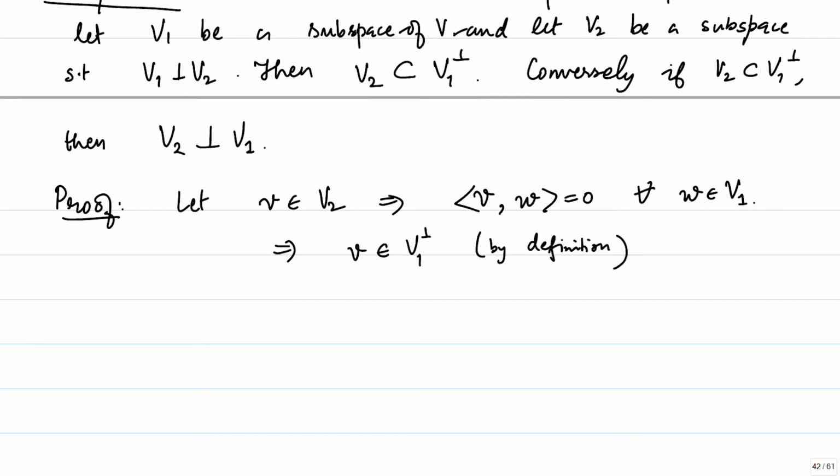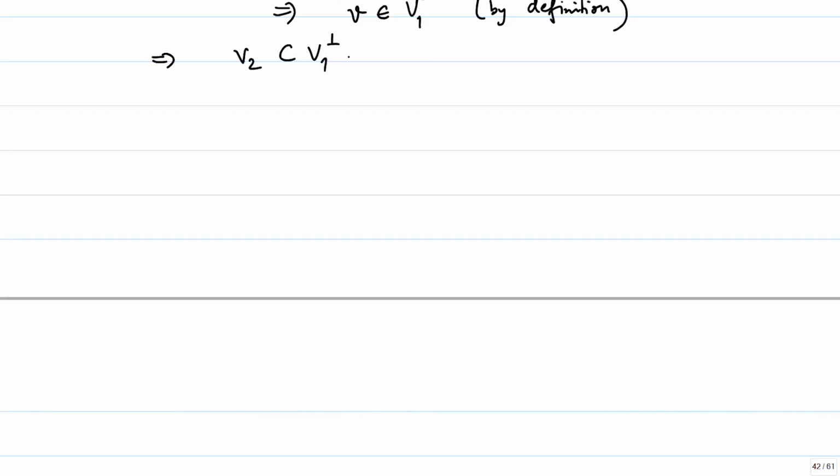By definition of the orthogonal complement, this implies that V2 is contained in the orthogonal complement of V1. How about the other way? If V2 is contained in the orthogonal complement of V1... okay, I meant orthogonal complement of V1 earlier as well, even though I said orthogonal complement of W. So, if V2 is contained in the orthogonal complement of V1,